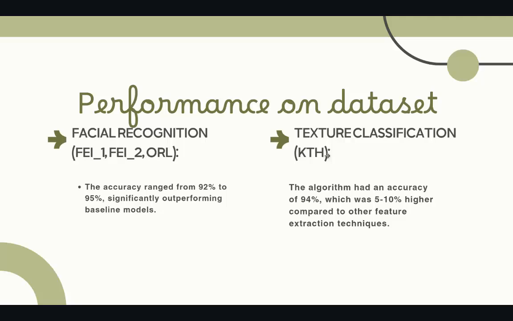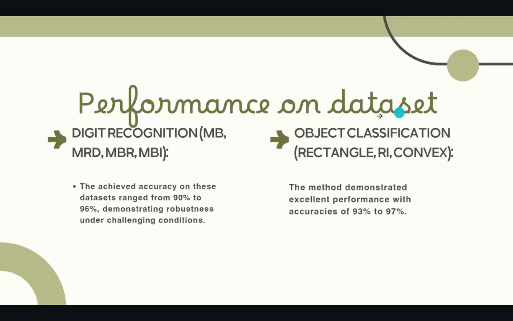It got an accuracy of 94%, which was 5 to 10% higher compared to other feature extraction techniques. For digit recognition with these datasets, the algorithm achieved accuracy ranging from 90% to 96%, demonstrating robustness under challenging conditions. Particularly on the MNIST variant datasets, this approach showed superior adaptability in scenarios involving rotated digits, random backgrounds, and